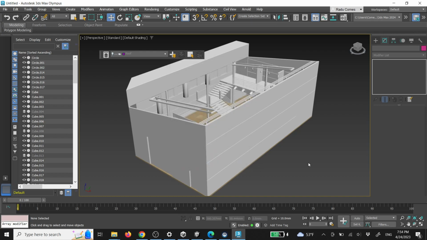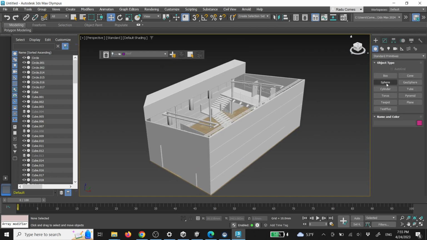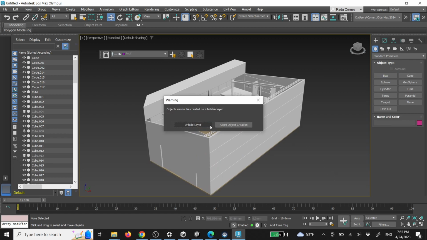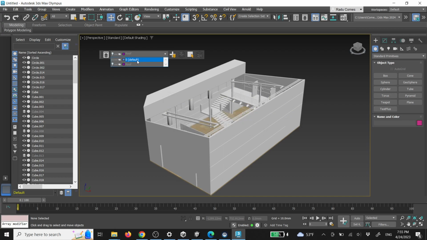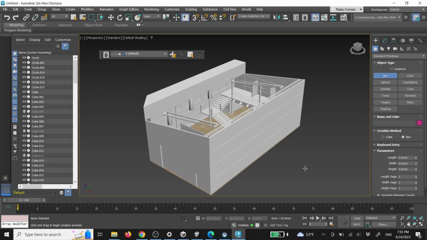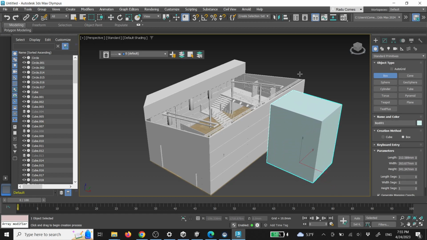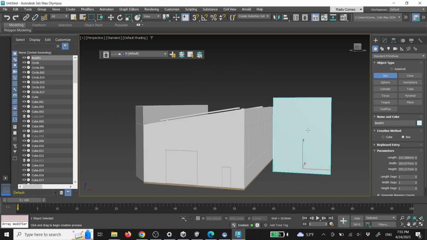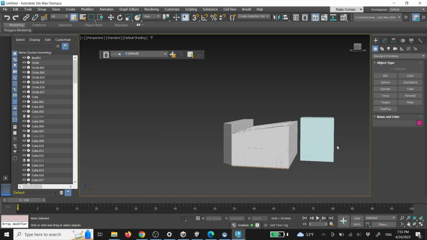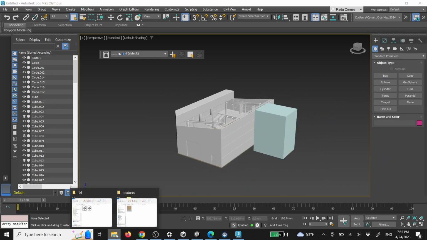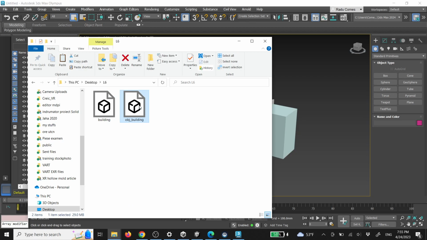I'm going to click OK. And now if I create a box, we see that objects cannot be created on a hidden layer. I'm going to swap from that roof back to the default one, and we're going to see the showroom will be quite small. So if I open this showroom again,